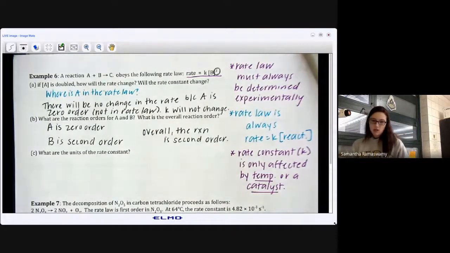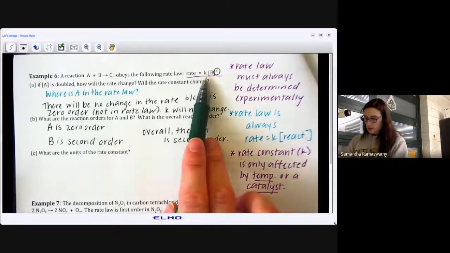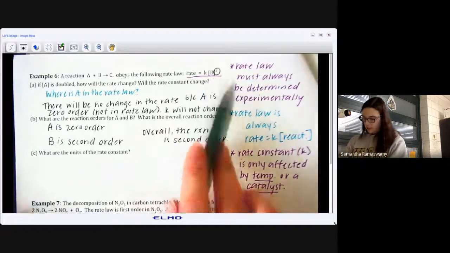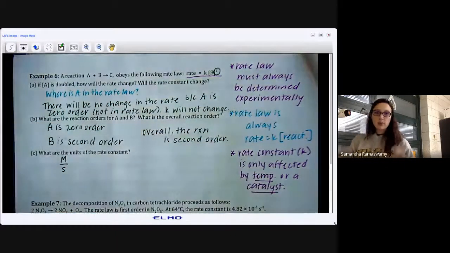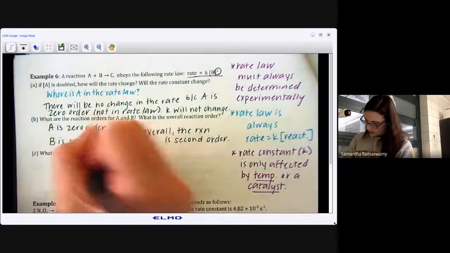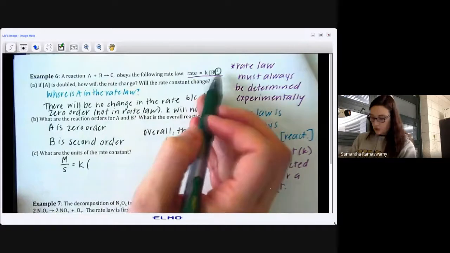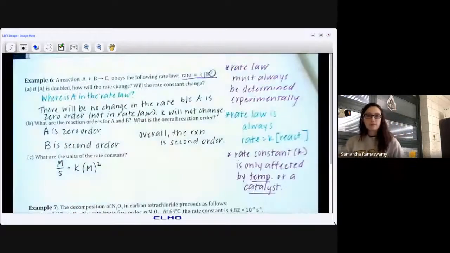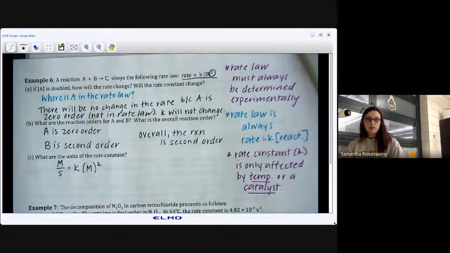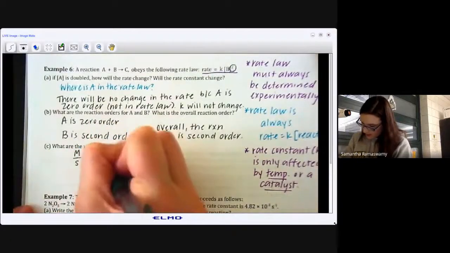Finally, for C, what are the units for the rate constant? So let's plug units into this rate law. Rate equals K times the concentration of B squared. Remember that rate is almost always given in molar per second, equals K times concentration squared. Concentration is molarity squared. Then we can solve for K. So if I divide both sides by M squared,